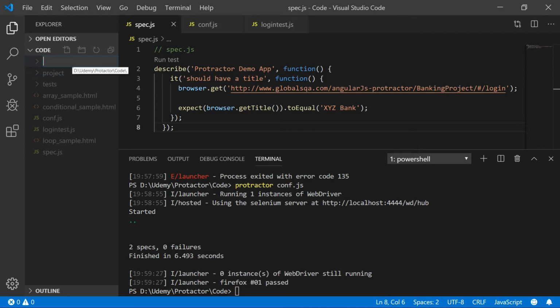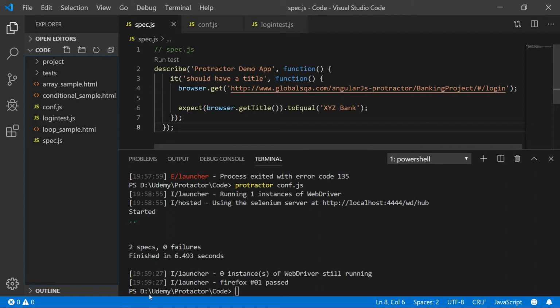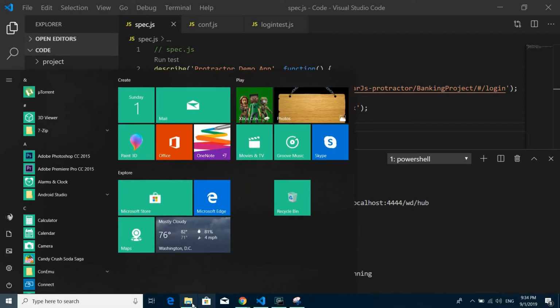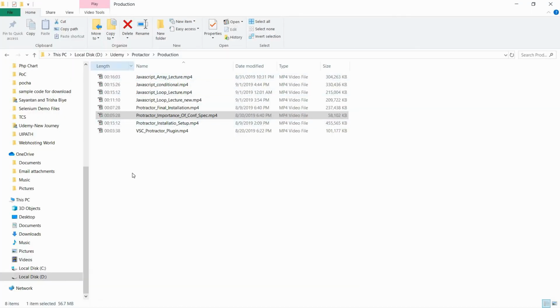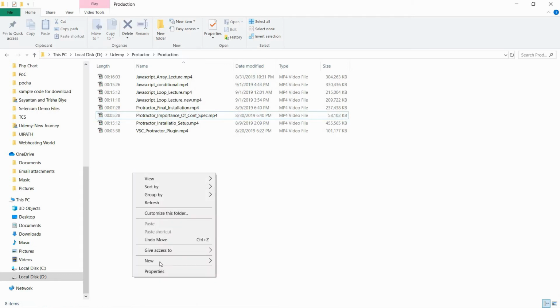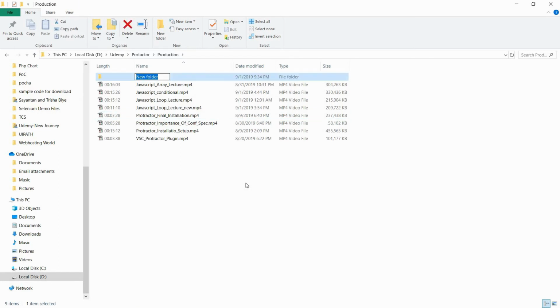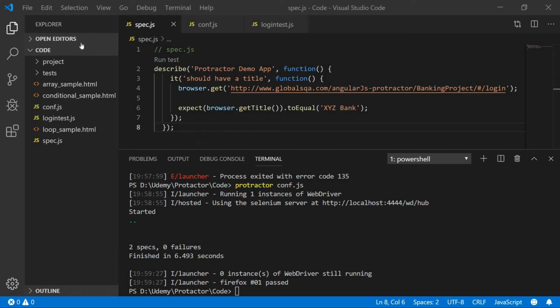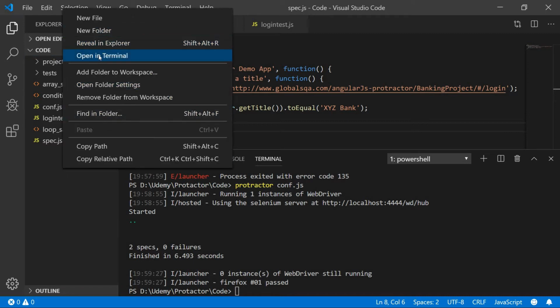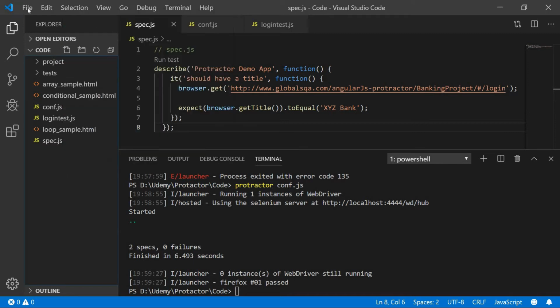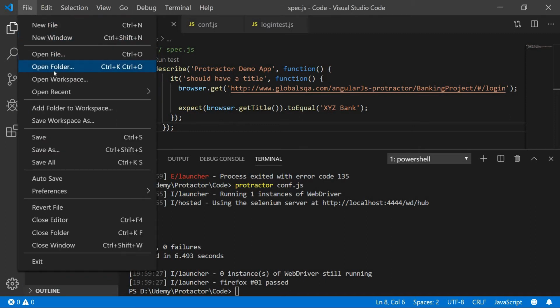From there you can create the new folder, or alternatively you can do a very quick shortcut: I can just go to this, right click, new, and say folder, say XYZ, and I can copy this path, come back to the editor, right click there, open folder.